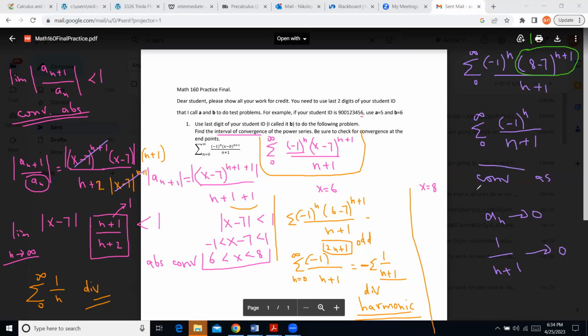So it is convergent. Therefore, my interval is going to be including 8, and that's going to be the interval of convergence. And that's the kind of exercise, I think, that very well reflects what we learned about series, right? And that's pretty much all I want to